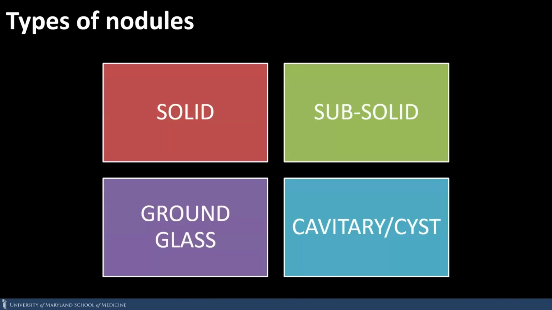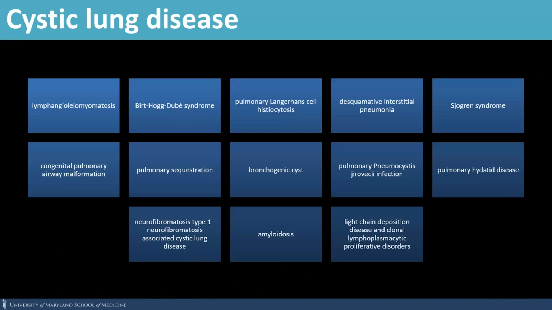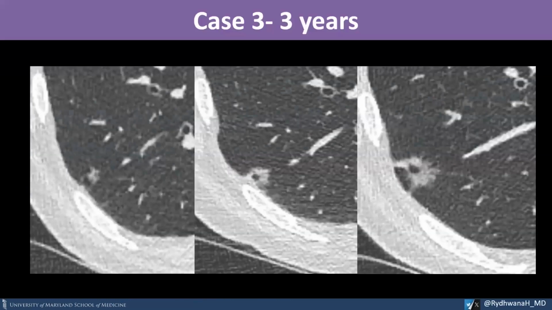So we've talked about the first 3 types of nodules. Let's talk briefly about cystic nodules. Well, I'm not going to spend the next 15 minutes talking about the different cystic lung diseases because that's an entire lecture on its own. But there are several different causes of cystic nodules within the patient's chest CT, and you just have to look at that differential diagnosis, and it's all based on where those nodules are and the patient's age and other comorbidities associated with that patient.